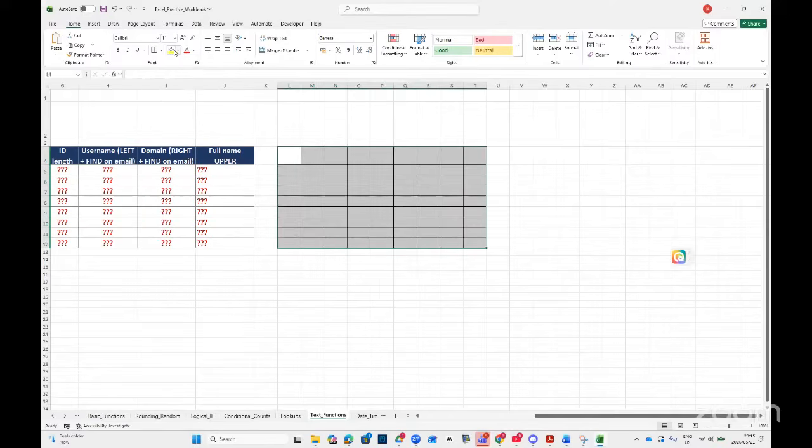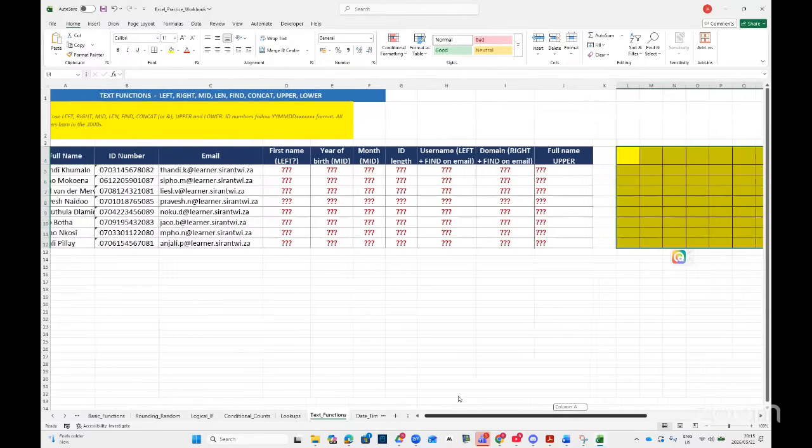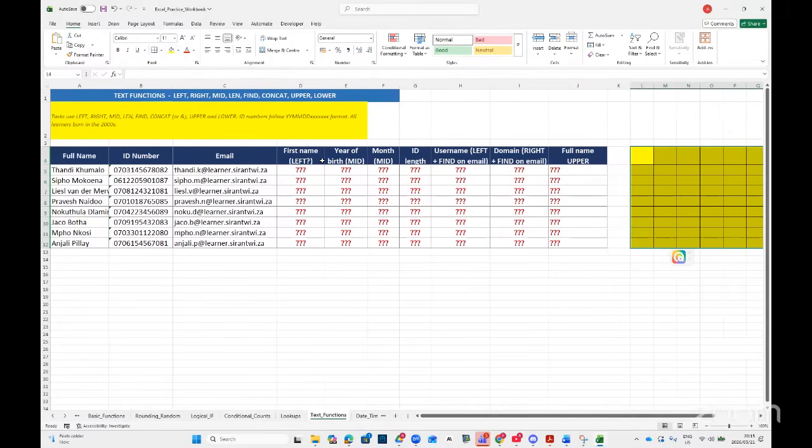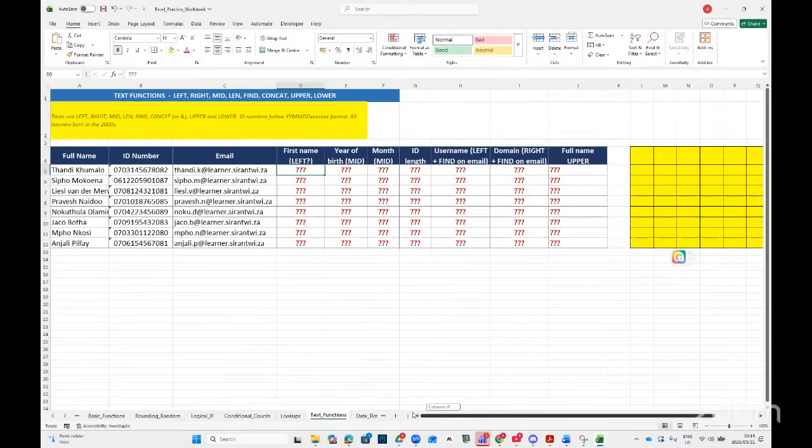Building block. If it's not given, you must create one for yourself. Like here, it says the first name. We have to take the first name from the full name, 10D. We have to take the 10D only here. But you can see 10D and Kumalo, Sifo and Mokwena, they are separated with space. So because we need only the first name,